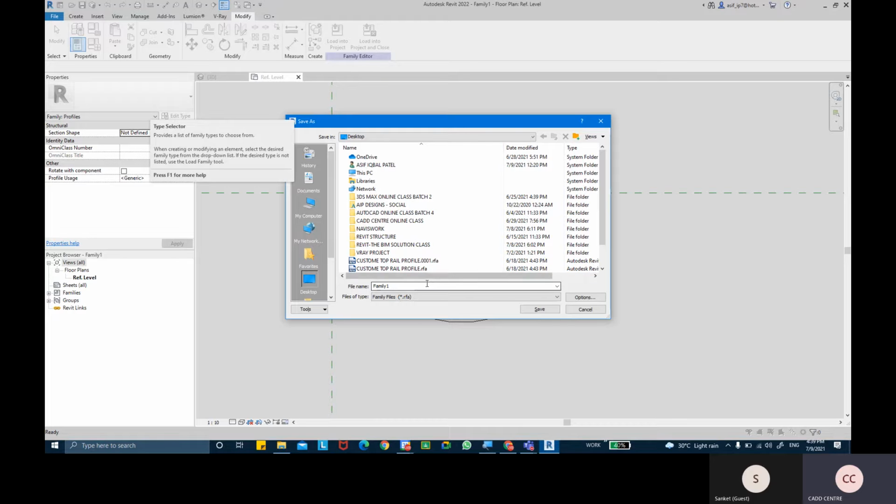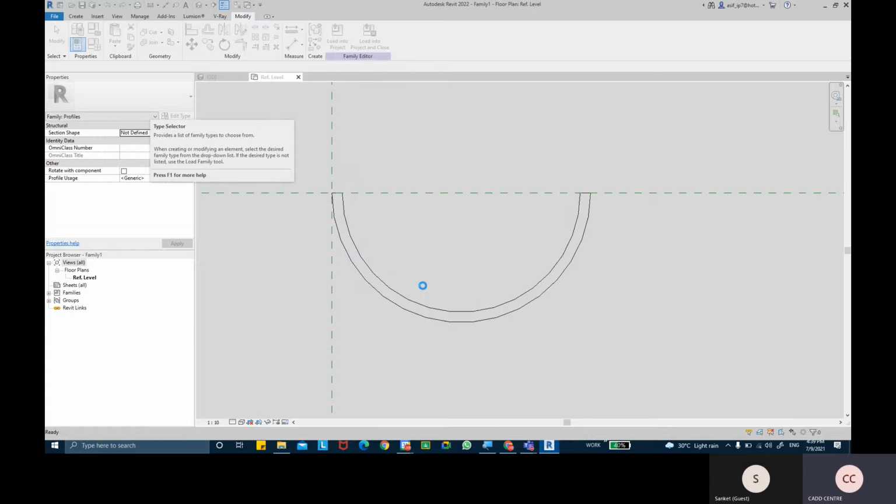If I save it on a desktop, I'm going to call this half rounded gutter profile. Right. Save that.